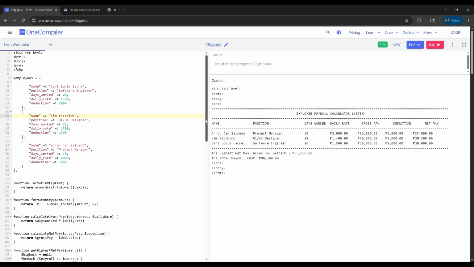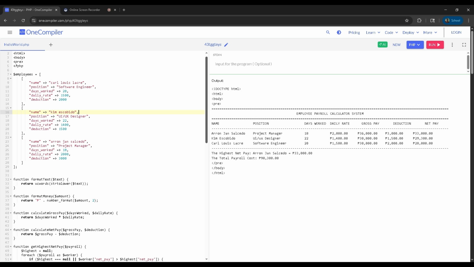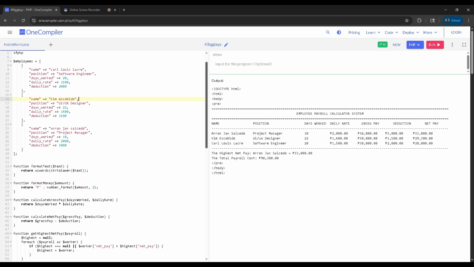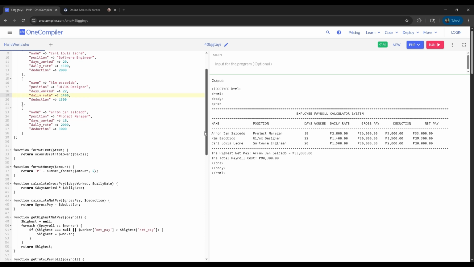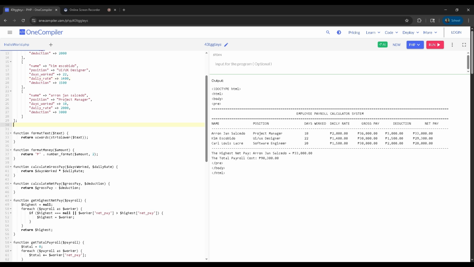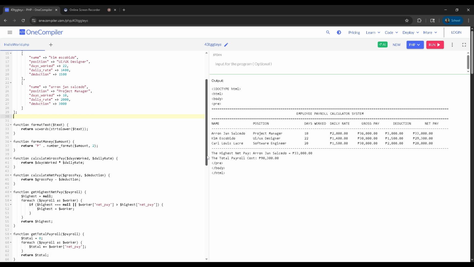So Carl Louis Lacker, position software engineer, days work 20, daily rate 1,500 and deduction 2,000. I'm basing it on the given formula, ma'am.